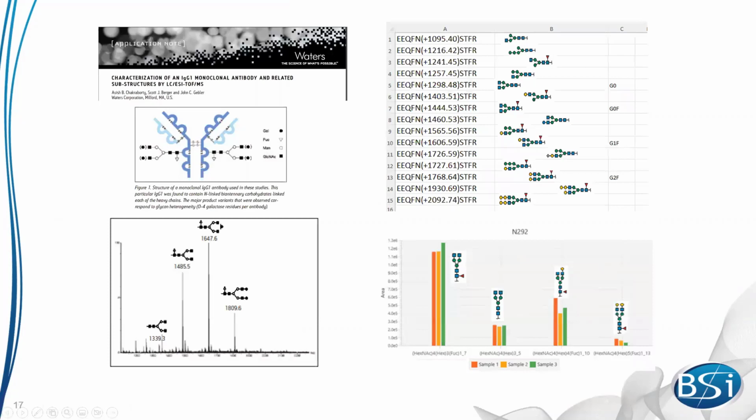And then as well, we provided in another view here, which I find is a very intuitive way to look at the data, where we provide you a list of all the different glycopeptides, a suggested structure for each of these, and we also give in a bar chart the area under the curve of the peptides that are associated with each of these different compositions. Since these are replicates, you can see that the area under the curve of the peptides associated with these glycans are pretty reproducible across the different samples here.